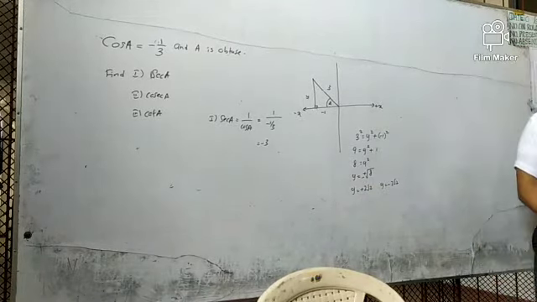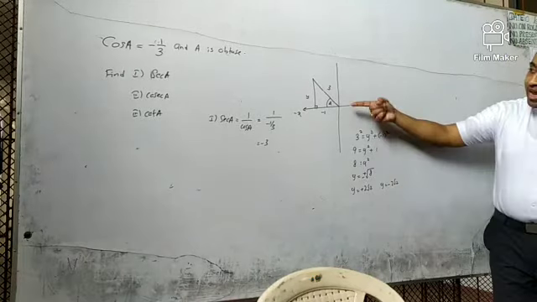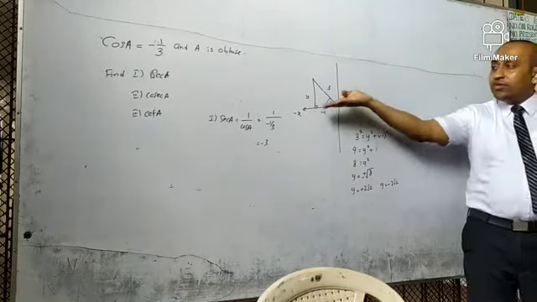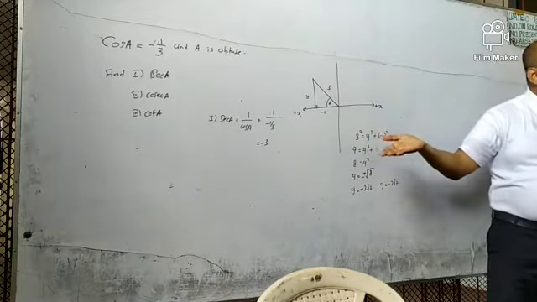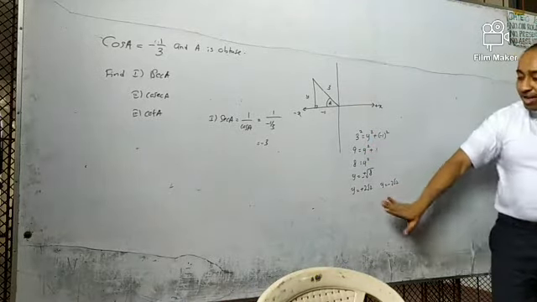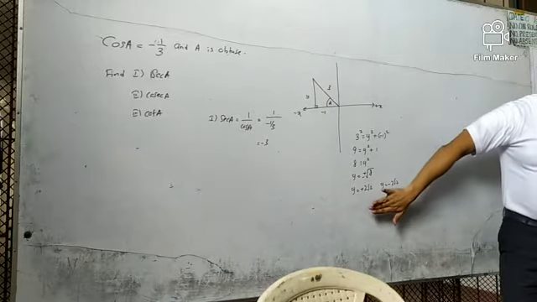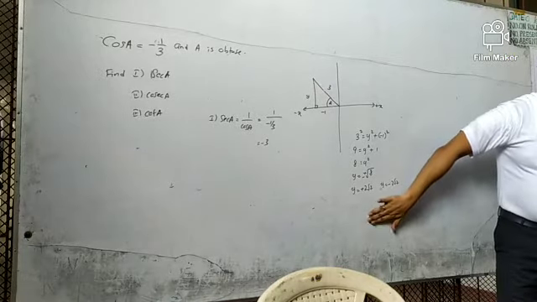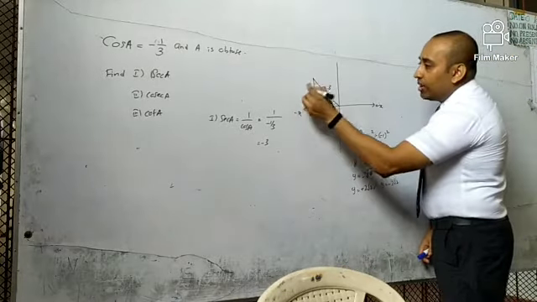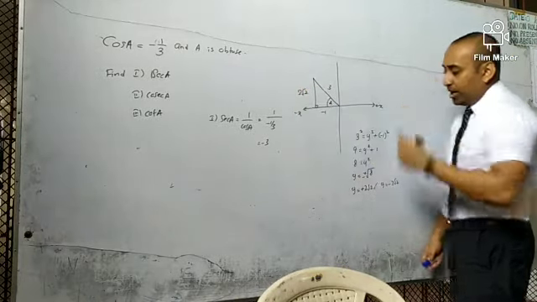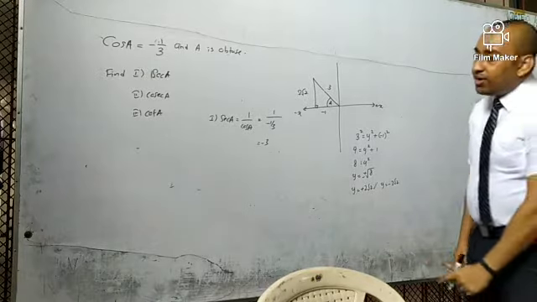Which is the correct answer? You can see that this y is in which axis? Is it the positive y axis or negative y axis? It's the positive y axis. Therefore, the answer is not this way. It should be this answer. Understood? Right. So this one is the answer. So you can mark over here, 2 root 2.